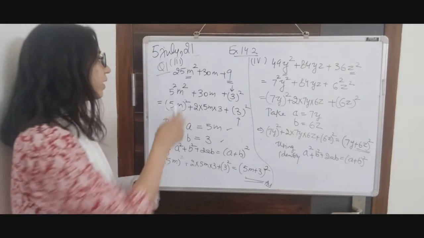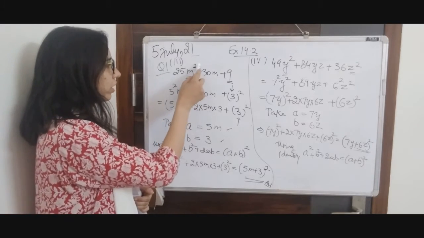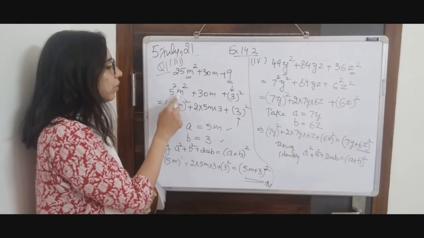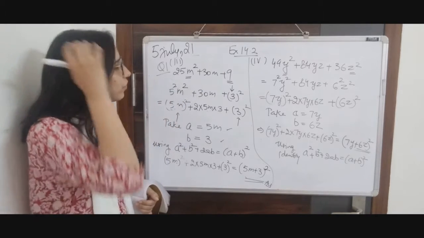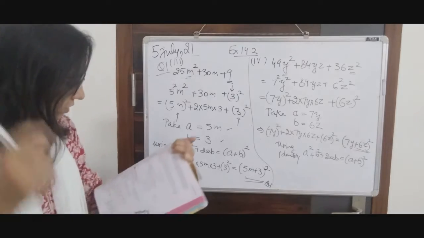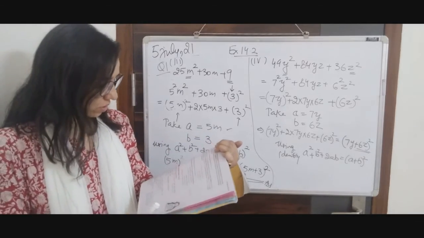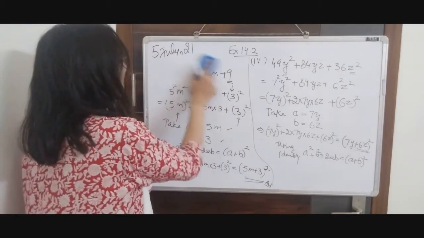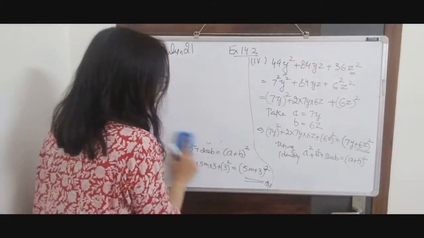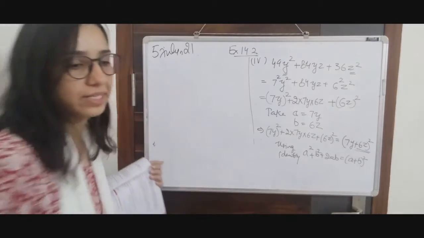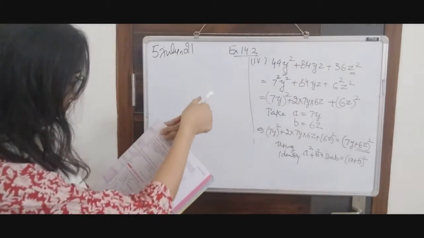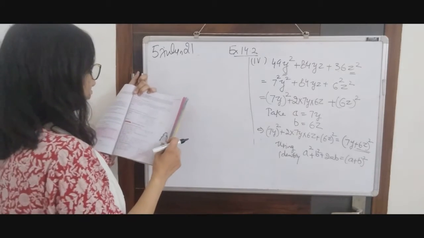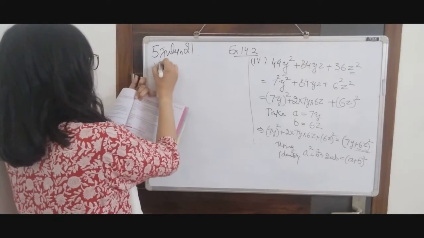If there is some term attached to your variable square, you will try to make your number a square number. Otherwise we need to divide it, which we will see in some question, maybe in question 1 only, or we can take some example for that. So the fifth one you have to do by yourself. We are doing the sixth one.